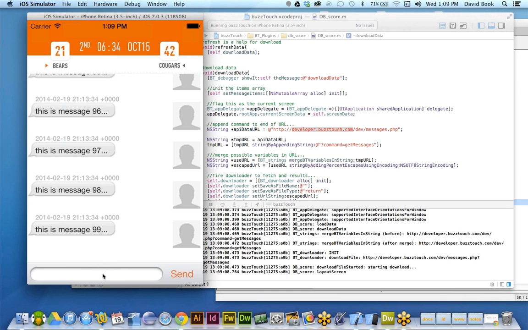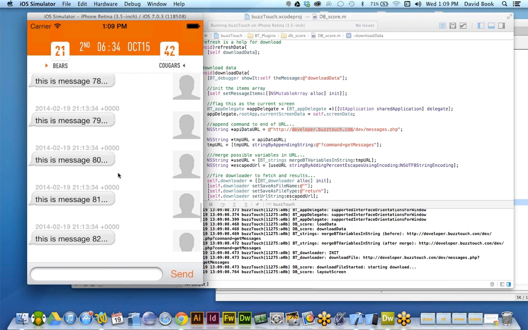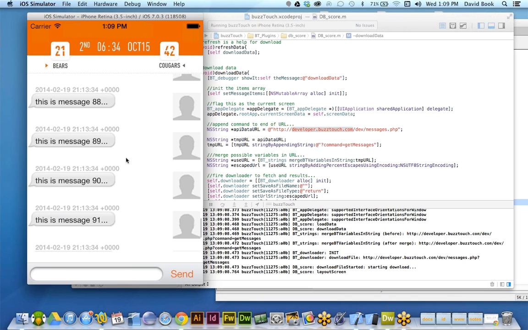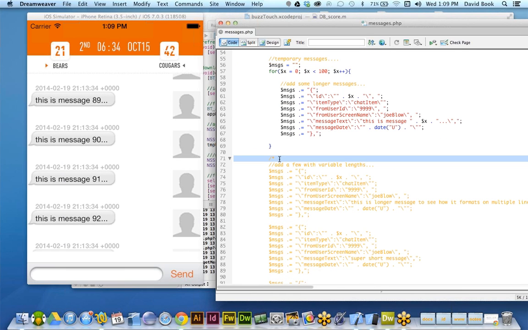But what happens when I go to make the next message? Right? Well, first off, you see how fast this is scrolling. There's 100 messages here, and they all scroll pretty quick. And if I do this, if I add some messages with some variable length height,